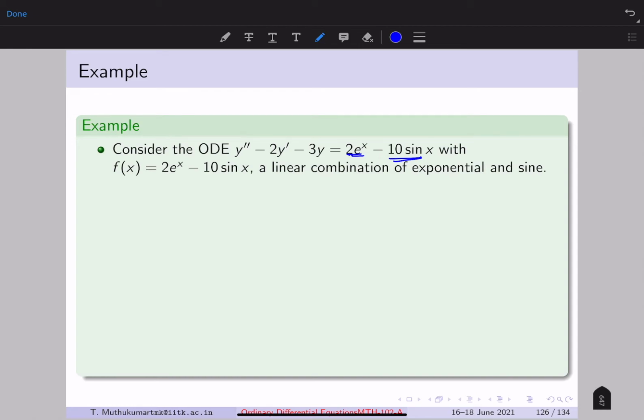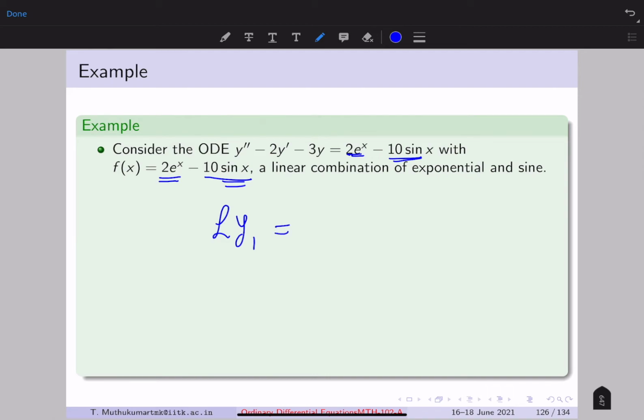No, we don't have to, because it's a linear operator. You can look at the separate annihilators and that still works, right? Because in this case the f is a linear combination of this and this. The annihilator of this e power x is different and the annihilator of sine is different, but that's okay, because for instance, suppose